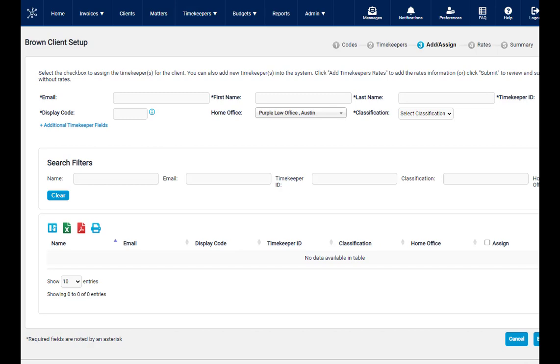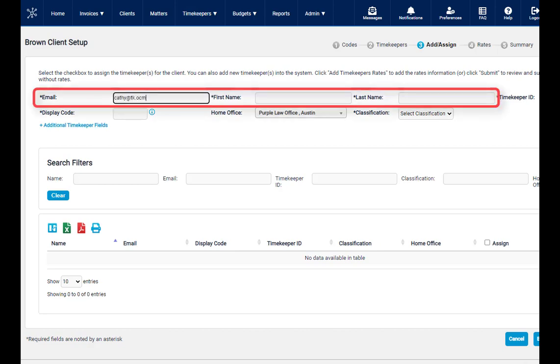It is important to note that timekeeper profiles are not the same as user profiles. The information you enter in this step is to identify people at your firm who will be billing time to your client. If he or she requires access to Collaborati to upload or create invoices, a user profile must also be made for that individual. Additionally, the email address you enter for each timekeeper profile will never receive notifications from Collaborati.